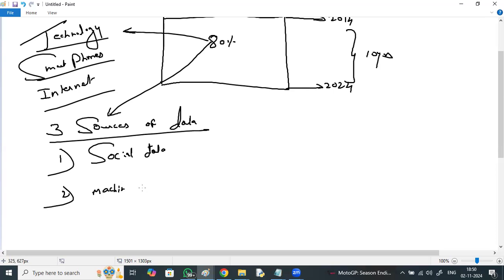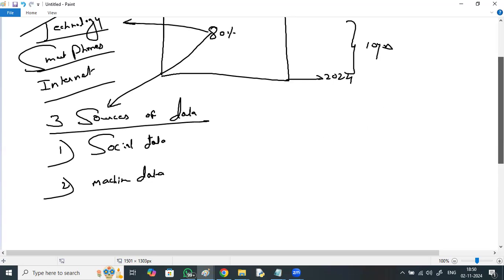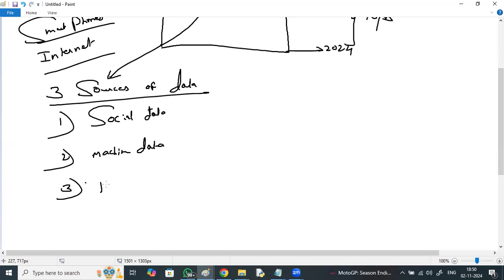Machine data: data generated by reading or scanning barcodes, RFID chips, right? Such kind of data we call machine data. And transactional data, like day-to-day transactions such as bank transactions, telecom transactions, right? These are the three main sources of data.